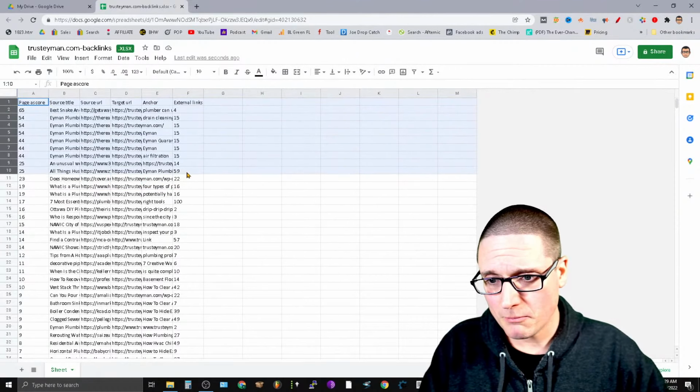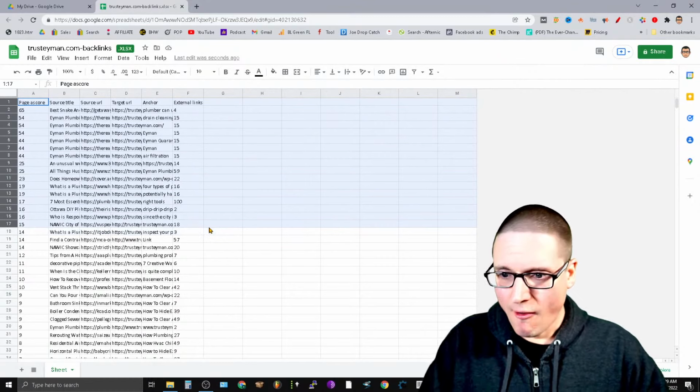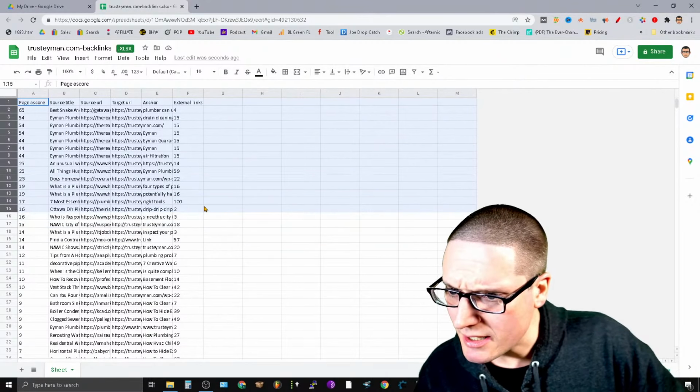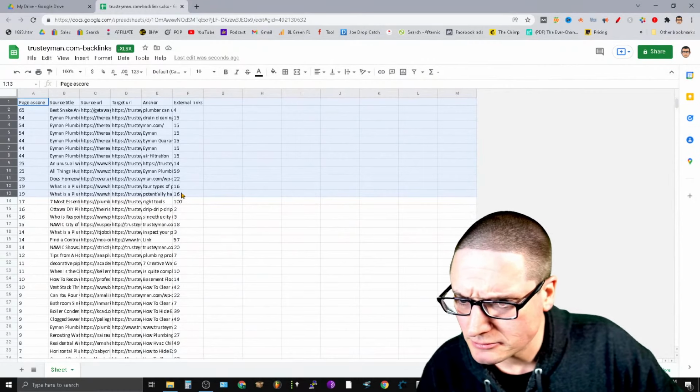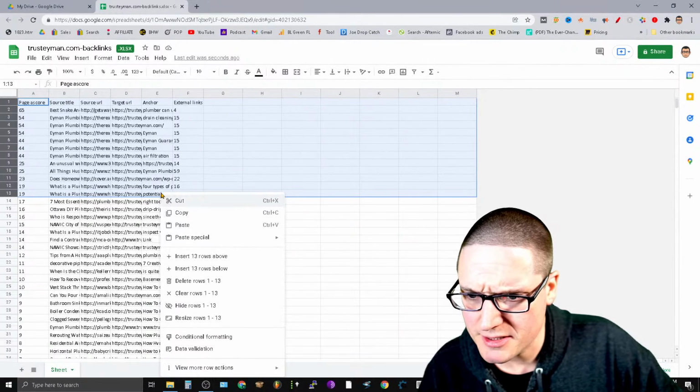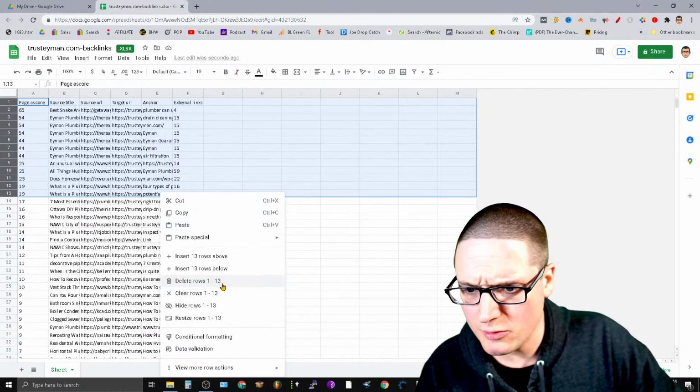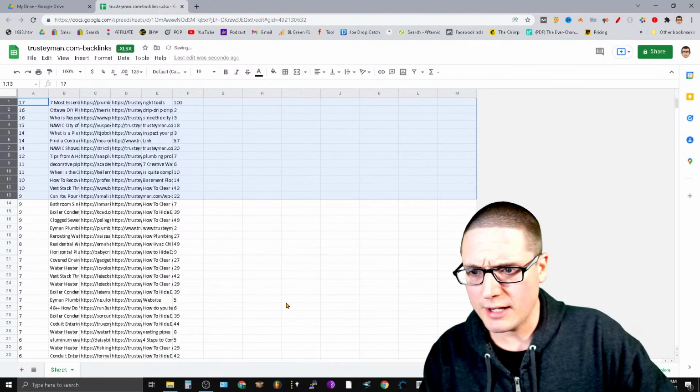These are pretty weak here. But I would say that we could come down in here to the 17, and now we're going to delete these rows. Now, please note that this row right here